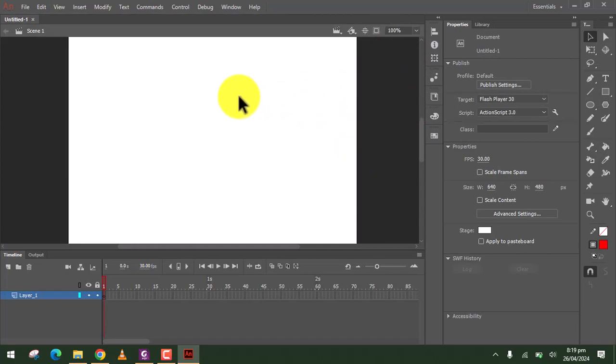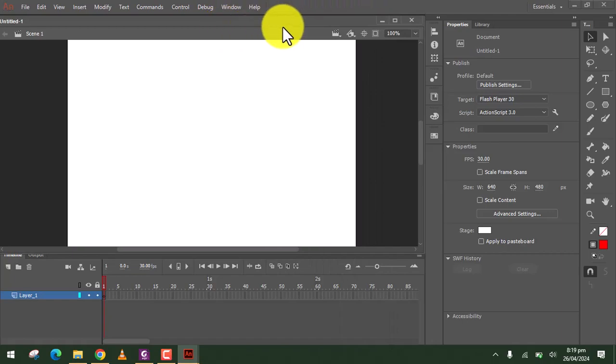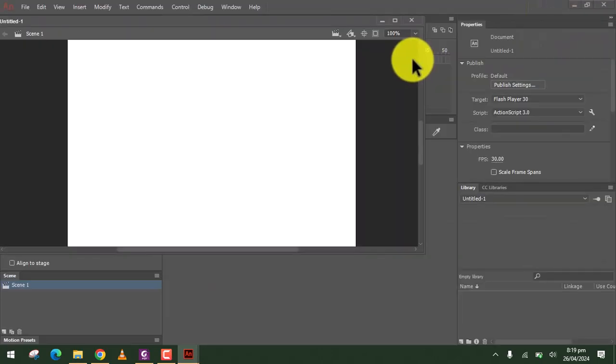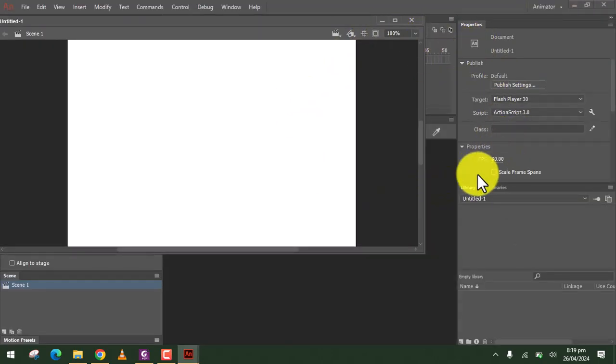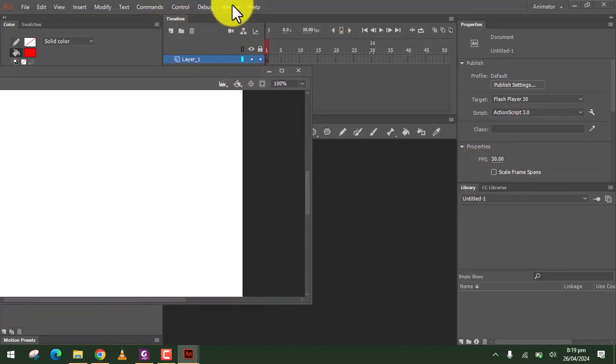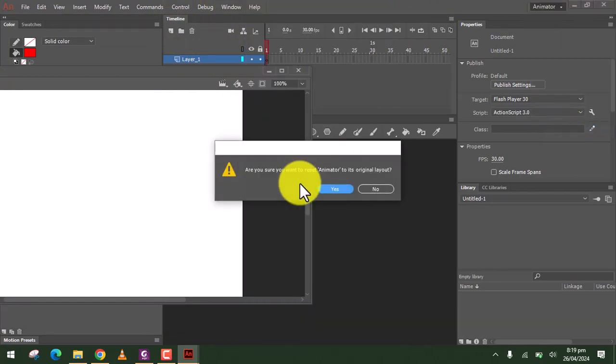Okay, so this is my interface or workspace. You can just click here on this side, and then we have the workspace. So we have the animator. This is the workspace for the animator. Wait, I'm gonna reset the animator.